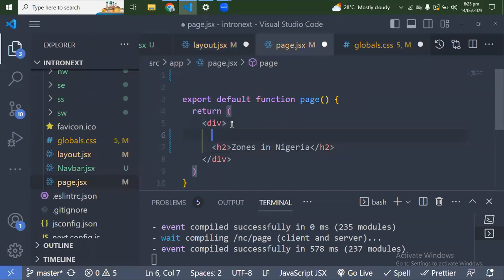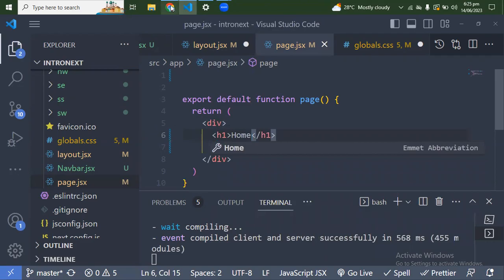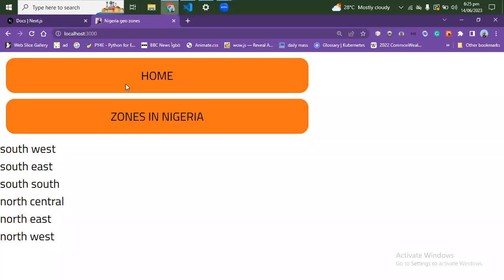Come there, just put an H1, and I'll call it home. Okay, so with that, I should have home existing here for me. Okay. Right. Okay, so going into the